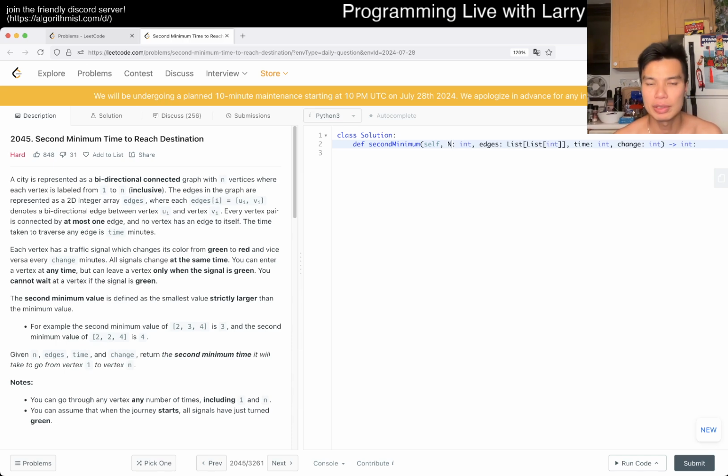Okay, first thing we want to do, I guess, is just do the adjacency list. But the two things that we have to be careful about. One is the second minimum thing, right? And that's actually not super bad. We can just keep track of